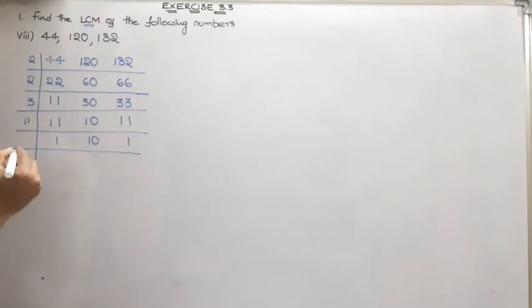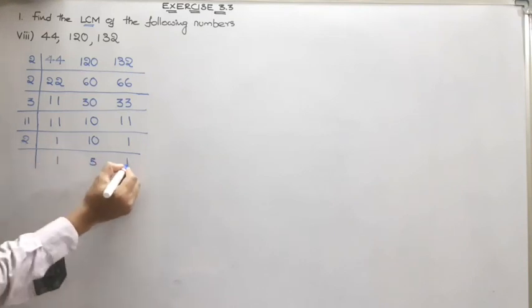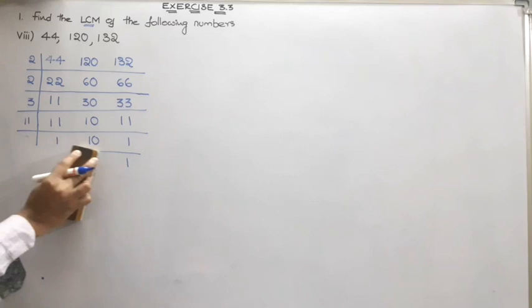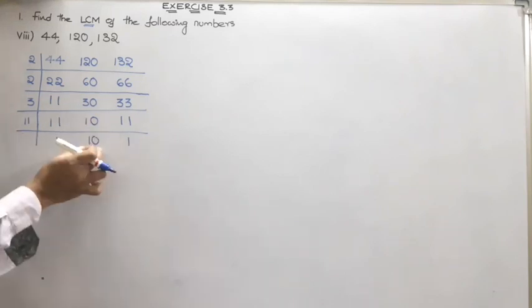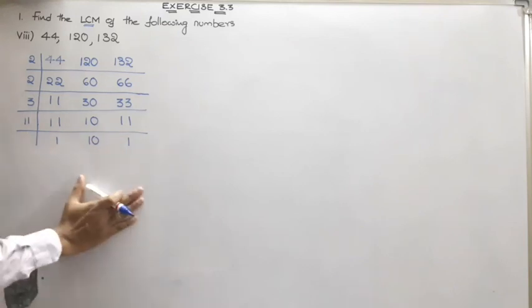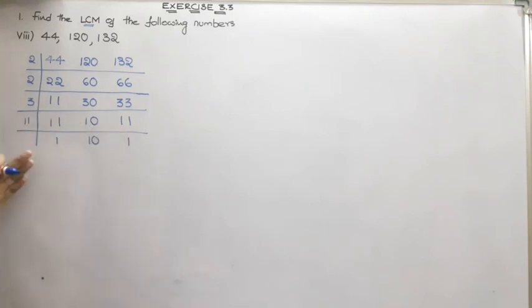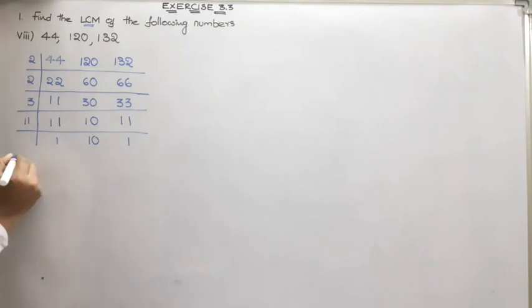Otherwise, some people do it like this. We can take 2 table and 2 ones are 2, 2 fives are 10, 1 dropping as it is. It kills the time and increases the complexity of the solution. So that is the reason, whenever you find only one number to be divided, you can stop the process of LCM there itself. A minimum of 2 numbers should be there to be divided in order to continue the process. Hope you understood, children.